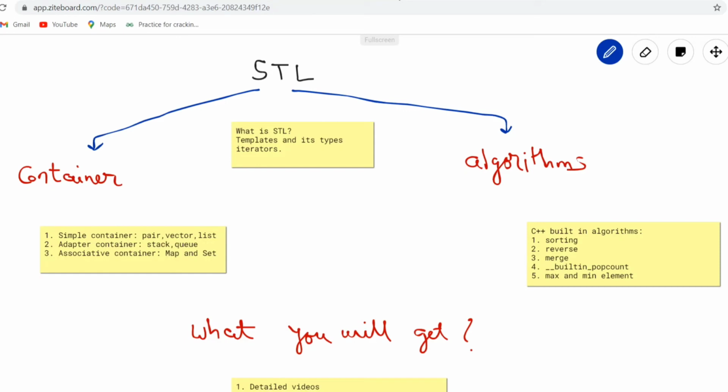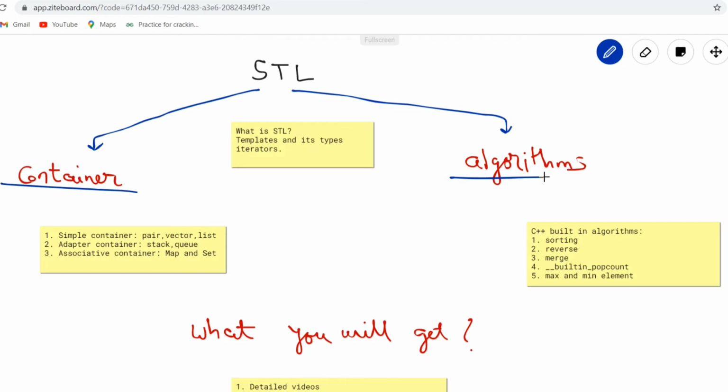Probably this course is divided into two major parts. One is container and the other one is algorithms. So it's important to know what is container, what are the types of container, as well as practical implementation of all the types of container. We are going to discuss the basic introduction of data structures like vector, stack, queue, linked list, map, set,